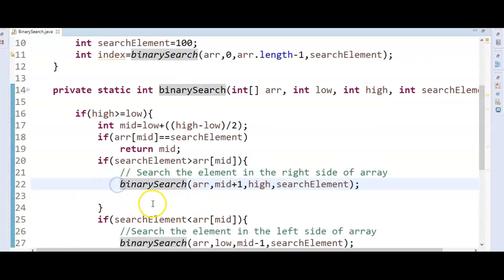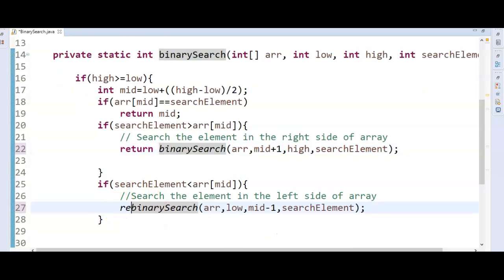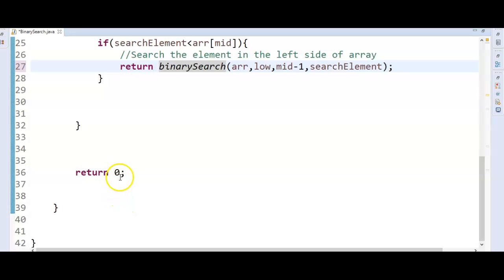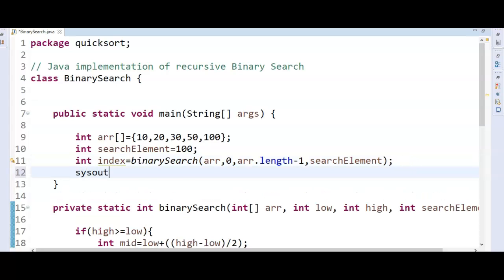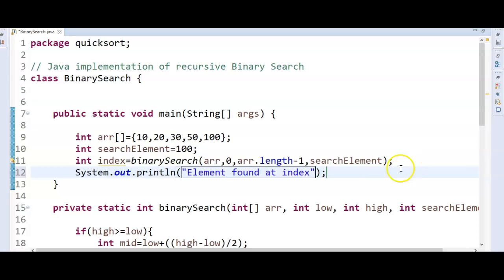So here just say return, and then finally minus 1, and just print out sysout element found at index comma index.